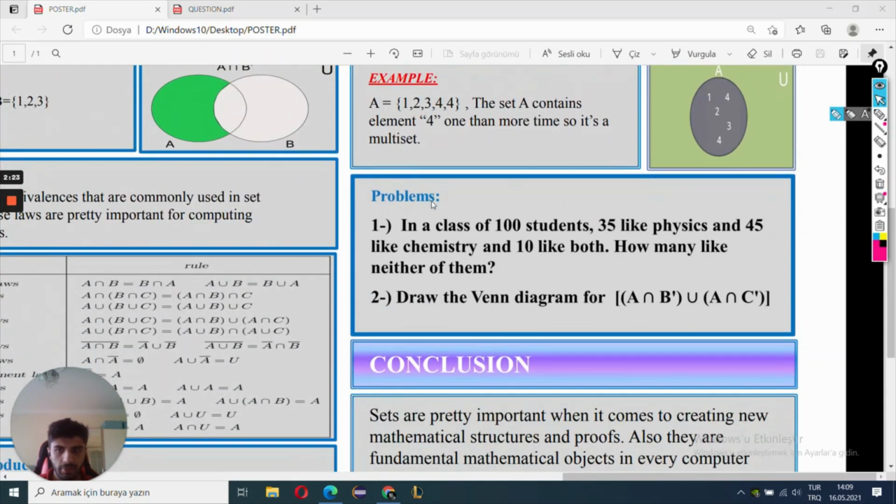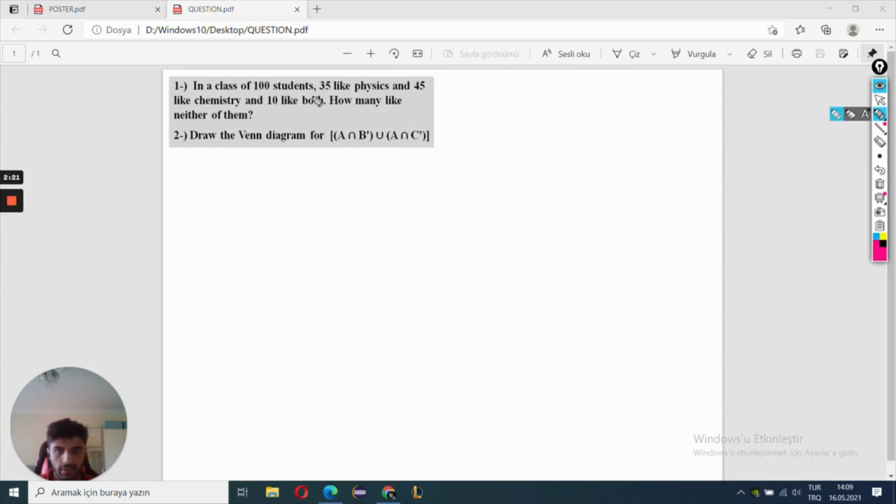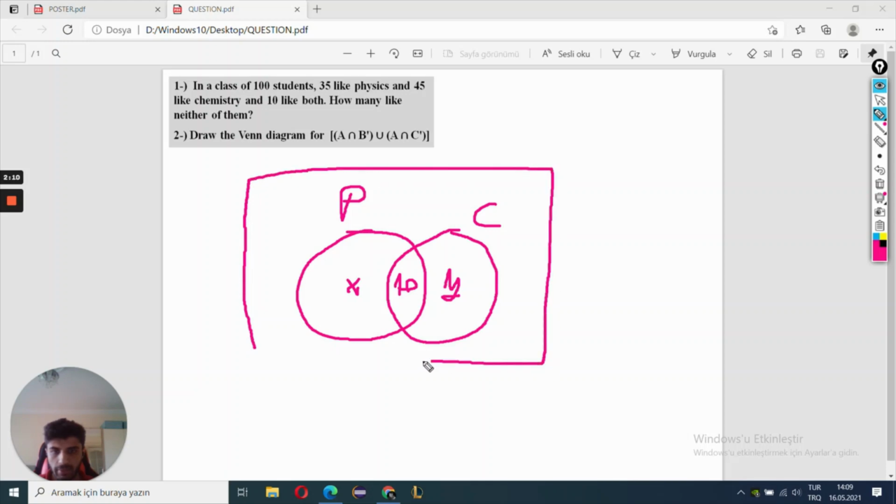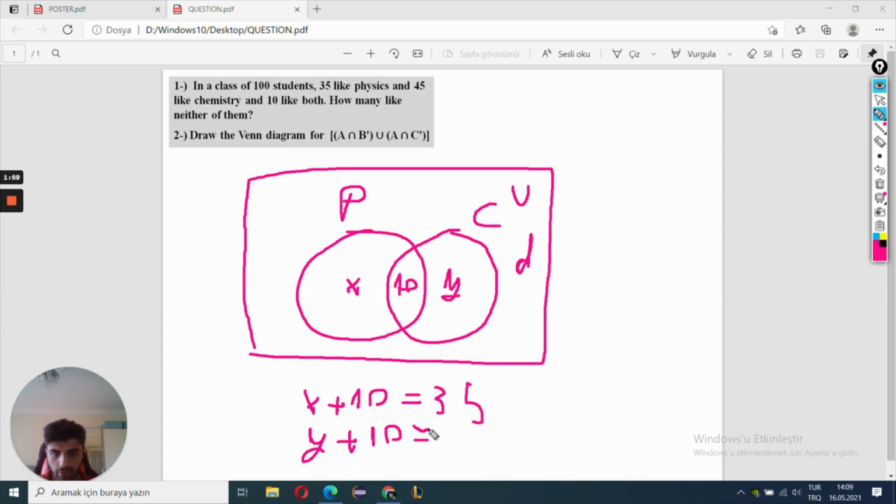Okay, let's look at problems. In a class of 100 students, 35 of them like physics, 45 of them like chemistry, 10 of them like both, and we want to find how many of them like neither. X plus 10 equals 35 because there are 35 physics students, and A plus 10 equals 45. The people who like chemistry are 45, and 10 of them like both. So X equals